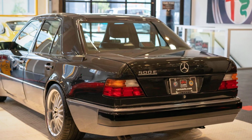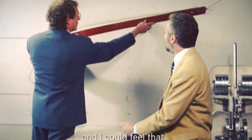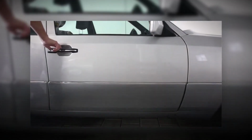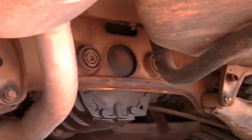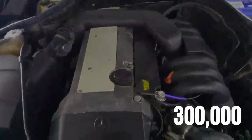The W124 generation was the last Mercedes built without a mandatory cost reduction target imposed on every component. Engineers were given a specification and told to meet it. They were not told to meet it for the lowest possible manufacturing cost. The result is a sedan with body panels thick enough to feel like a vault door, suspension components overbuilt to a standard that current Mercedes models do not approach, and an inline-6 engine that owners regularly run past 300,000 miles